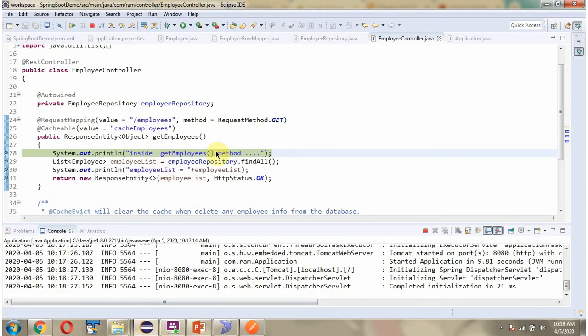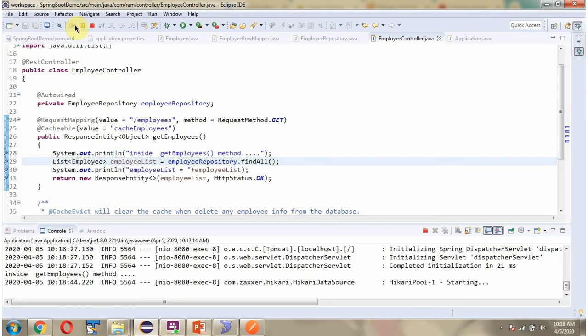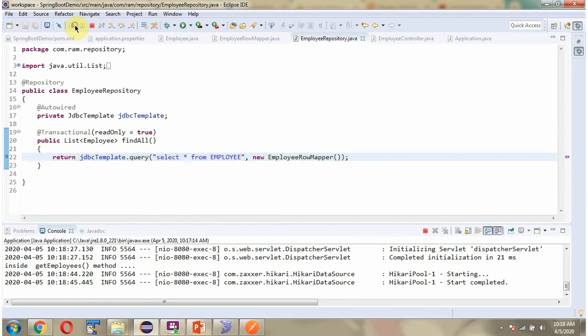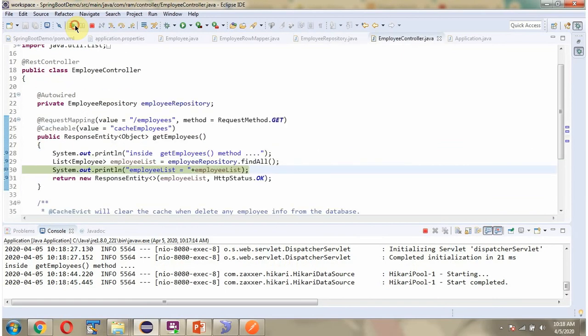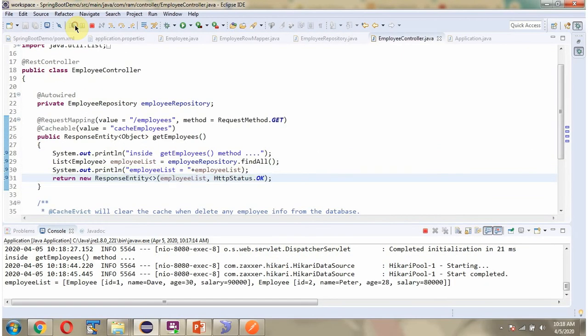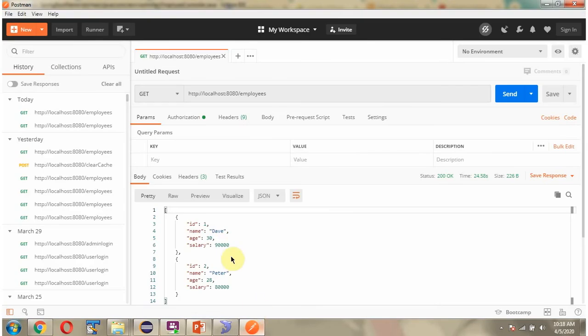The first time it will hit the database, get the employee details, add them to the cache, and return the employee details to the client. Here we got the output. We got two employee records.